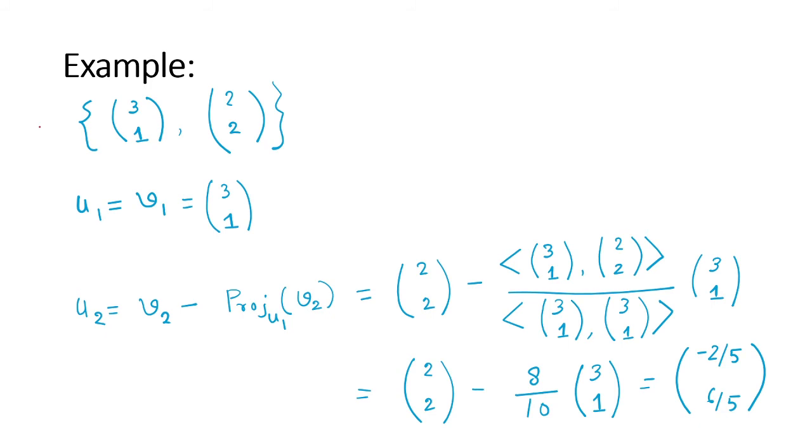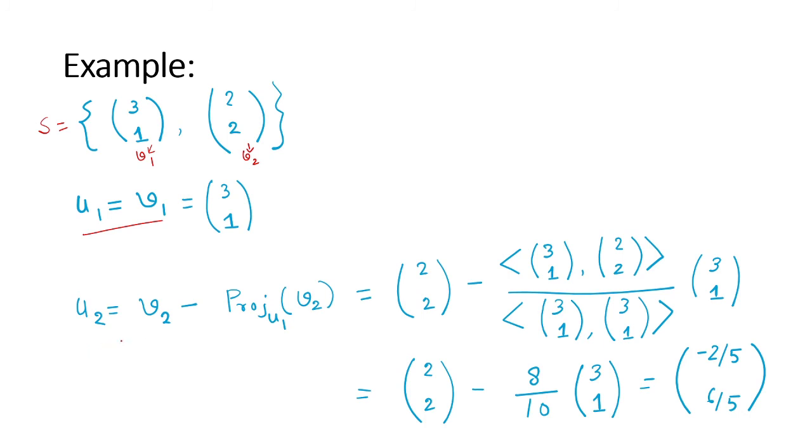As we have said, the Gram-Schmidt orthonormalization process takes a linearly independent set as an input and returns back orthonormalized vectors. We start with a linearly independent set this way. There are two vectors. This one is v1 and this one is v2. First, as we have said in the first step, v1 would be as it is, that is, we'll just write u1 equals v1. In the second step,